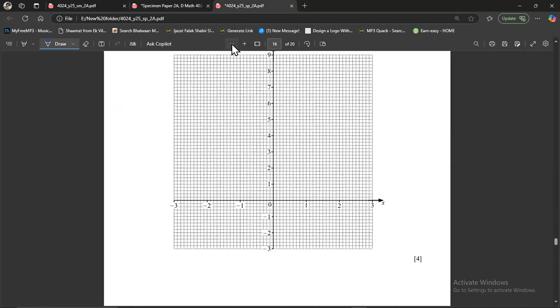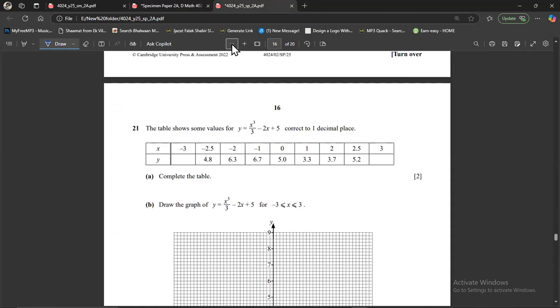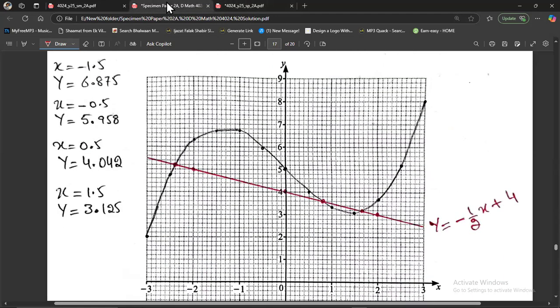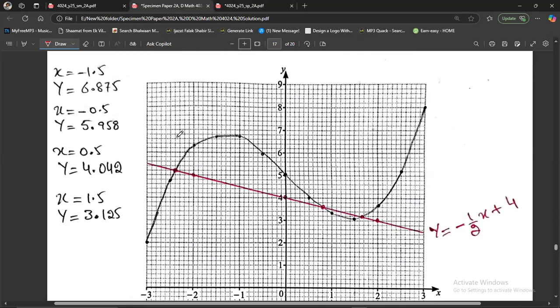Okay. So we have to draw the graph of y equals x cubed divided by 3 minus 2x plus 5 for x from minus 3 to 3 on the given grid. So we know those points here. So I will plot those points on that grid. And let me show you, I have done that. So I plotted those points and